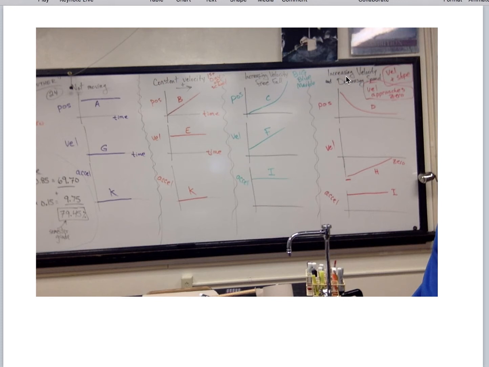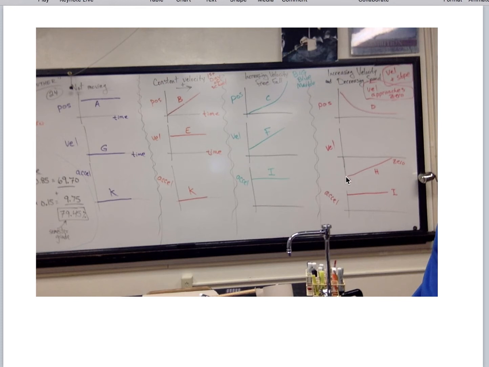An increasing velocity means the slope of your velocity line is positive. Decreasing speed indicates that the velocity approaches zero. So the only way to draw a positive slope on my velocity graph that approaches zero is like this. So it starts with a negative velocity and it approaches zero. That means my curve on the position time graph starts with a negative slope and finishes with a zero